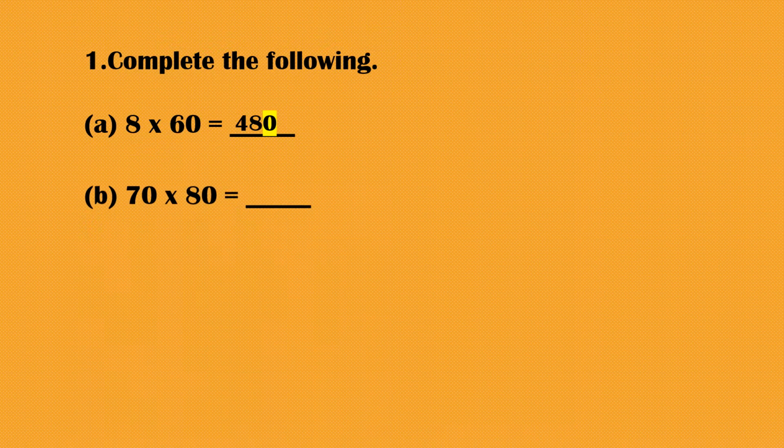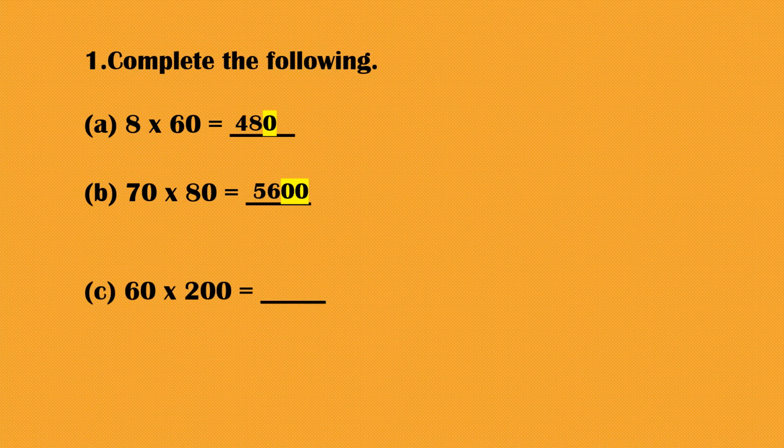Now see the B part also, 70 into 80. Now 70, what you will do, you leave the 0, first you multiply the digits, 7 into 8. Now 7 8s are 56. Then after that you write down 00 because here 2 zeros are there. So the answer is 5600. Children, by this you can do the longer digits multiplication. By doing any multiplication, simply by calculating in your mind, you can do it very easily.